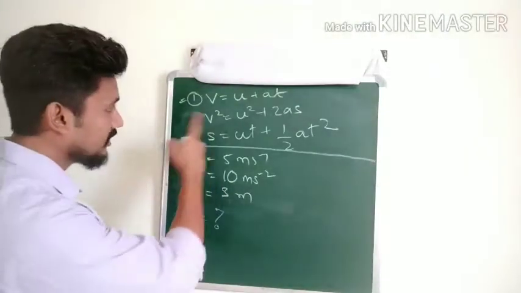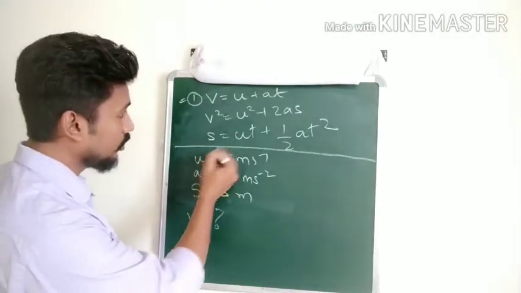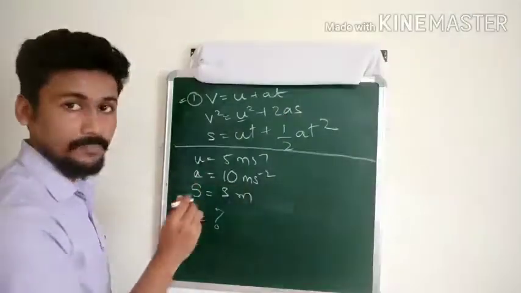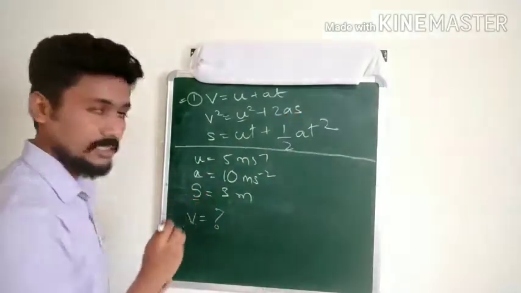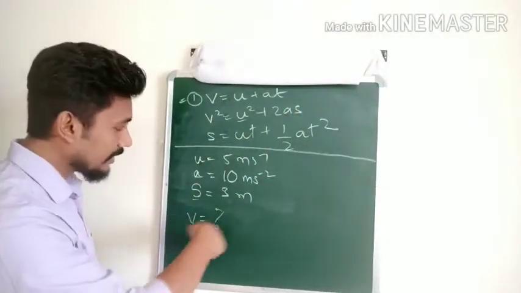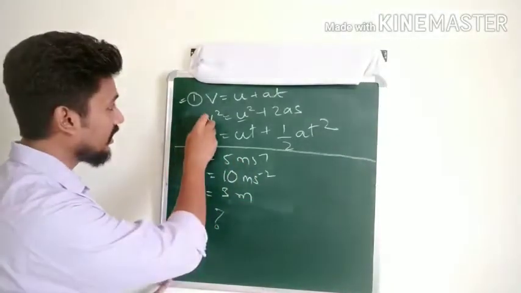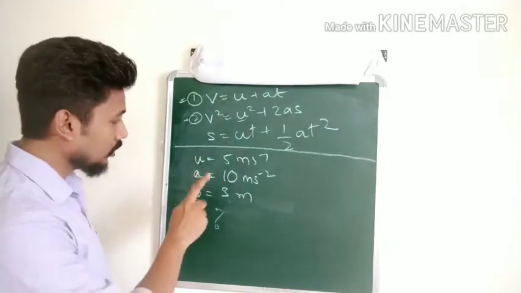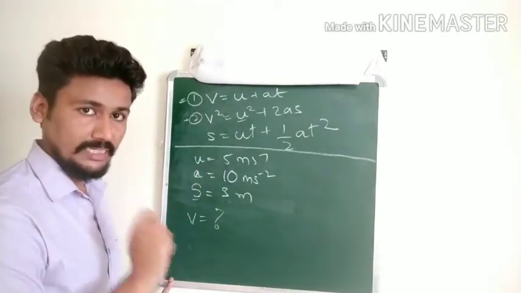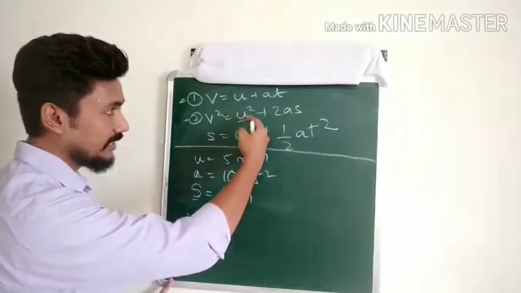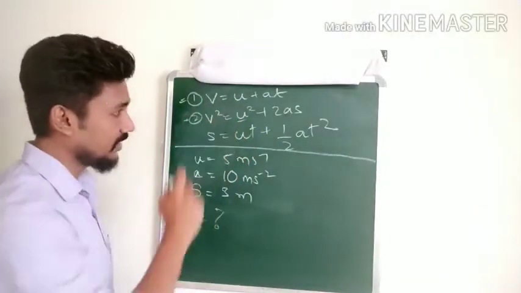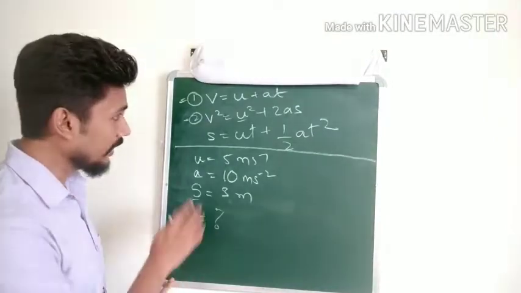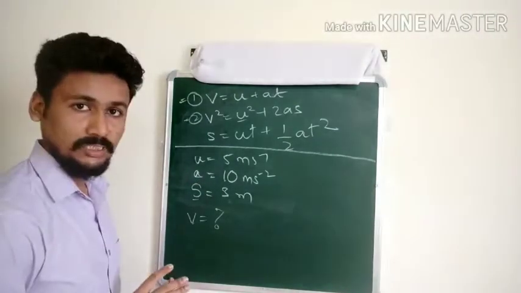Fine. Okay, can I use the second equation? Second equation needs U. Yes, I am having U. Second equation needs A. So I am having A. And it needs S. I am having S. So for this particular case, I can use equation number two. Getting the idea? So it depends on which values are given to us. You have to put the values in that case. Okay, try for all the three equations. Then you will be able to get the answer. Okay, I hope this was understood.